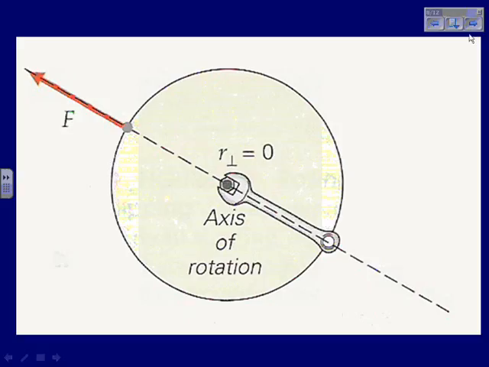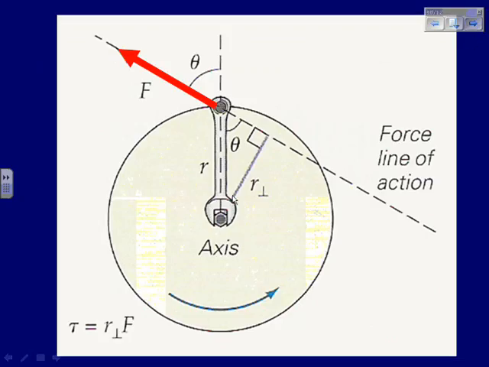Okay, so if we apply this force, like if somebody's hand came in and pushed in this direction on the end of the wrench, nothing's going to happen, at least not rotationally. Nothing is going to spin. There's going to be no change in the rotational motion. If we go back to the whole sine theta thing,